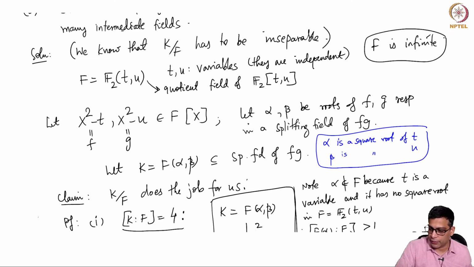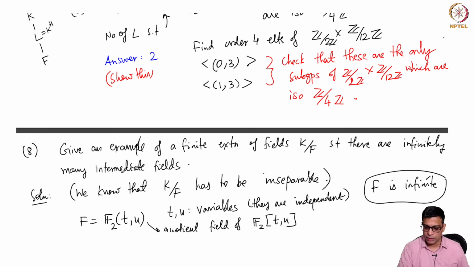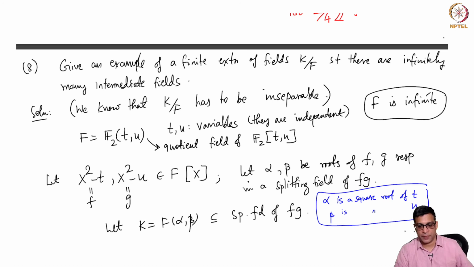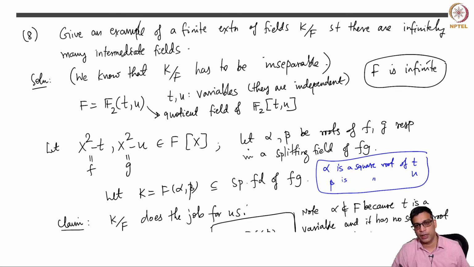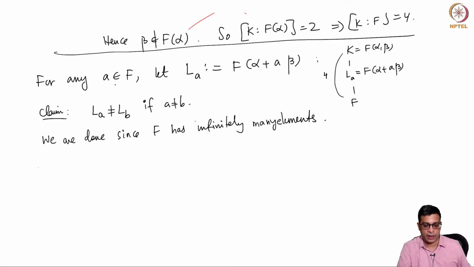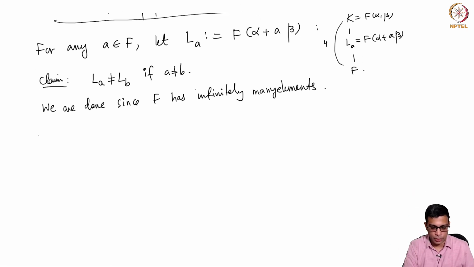Remember, in fact, if you take a finite field, you cannot hope to get an example with this property, meaning having infinitely many intermediate fields, because finite fields are perfect. So F has to be infinite, but it is, because you can take arbitrarily high degree polynomials. So you can take a and b from infinitely many elements, and L_a and L_b are different if a and b are different. In fact, L_a is never equal to K or F, but you don't care, because maybe for one a, L_a is K, for another a, L_a is F, but all the others are going to be proper intermediate fields. Okay, why is this?